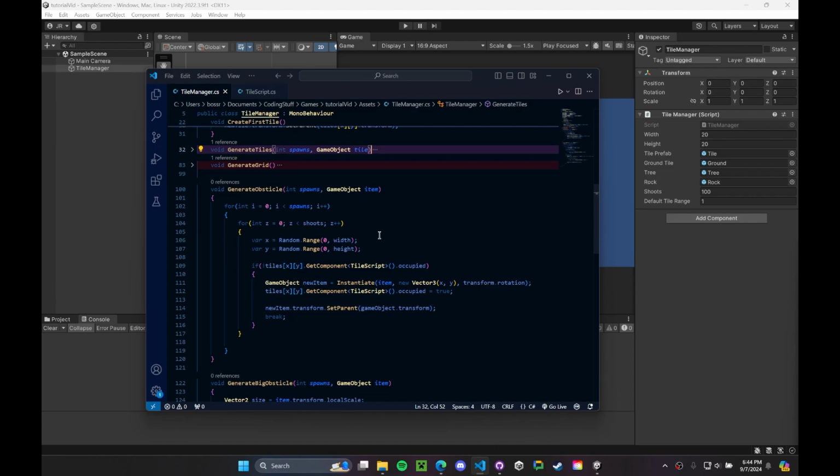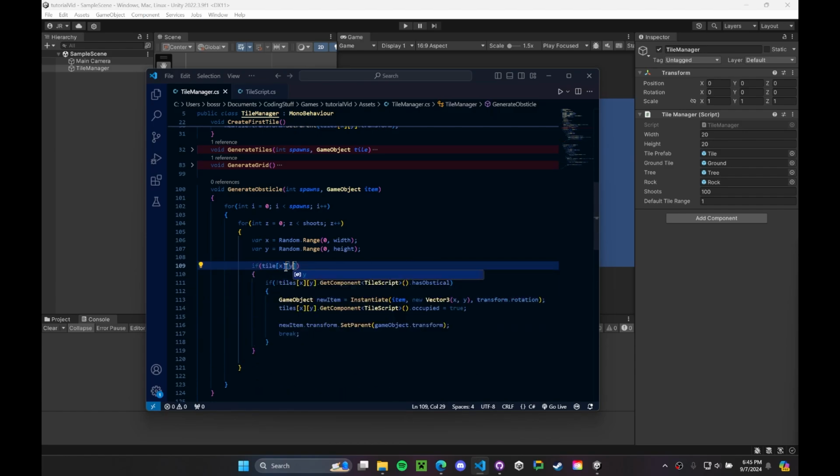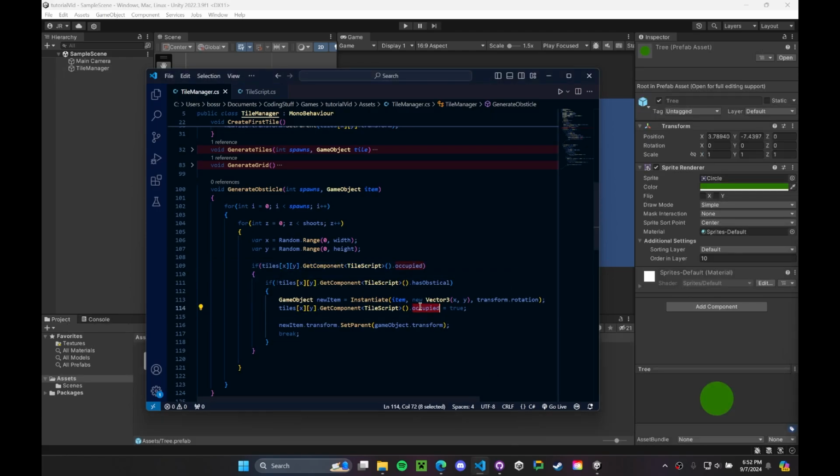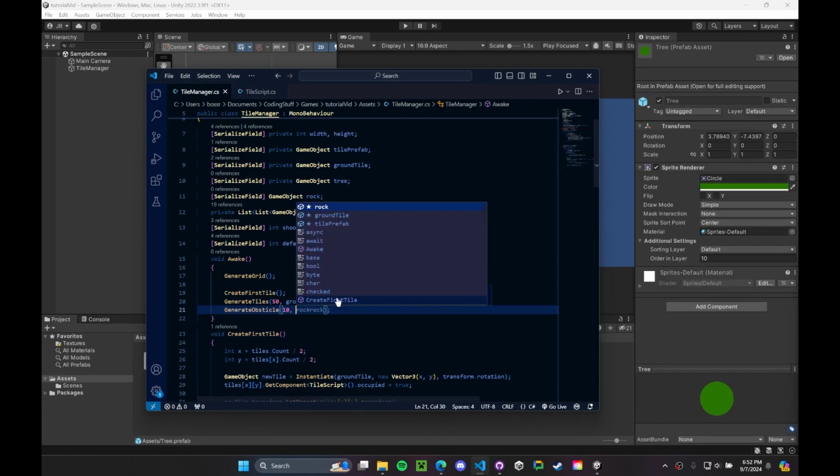The first thing that needs to be done is to change the occupied variable to hasObstacle. Now we need to check if the tile has a ground tile on it. For a reason I will demonstrate shortly, I'm going to put the current code inside another if statement, asking if tiles x, y is currently occupied by a tile. Since that is the bool that we are using to tell if the other ground tiles that the space is occupied, it'll work just fine for our new case right here. If we put the code in the awake function once more and load up Unity, we should see that the